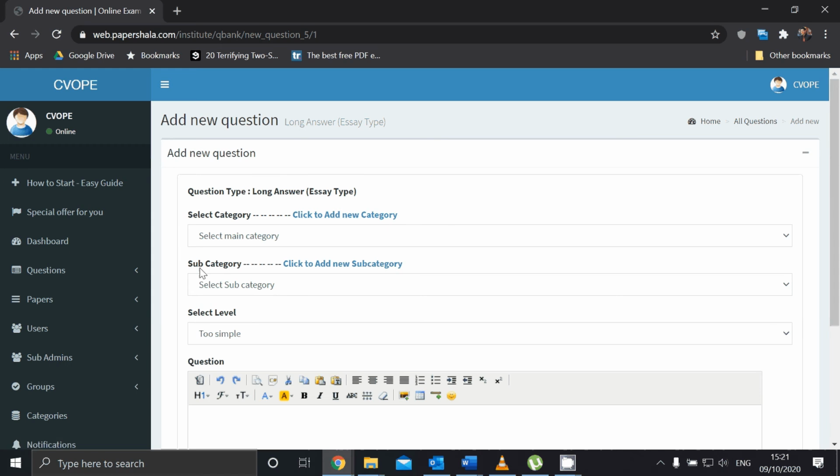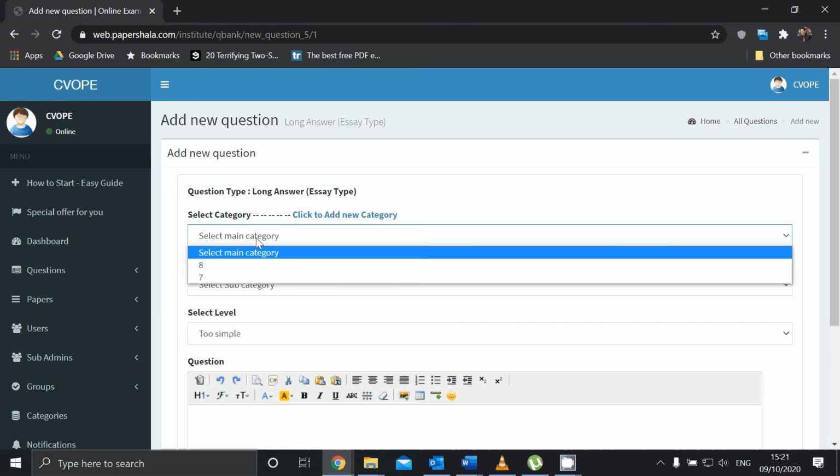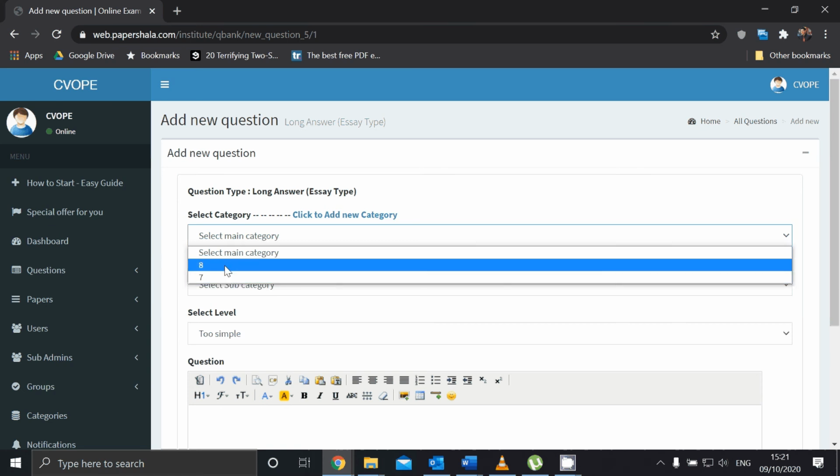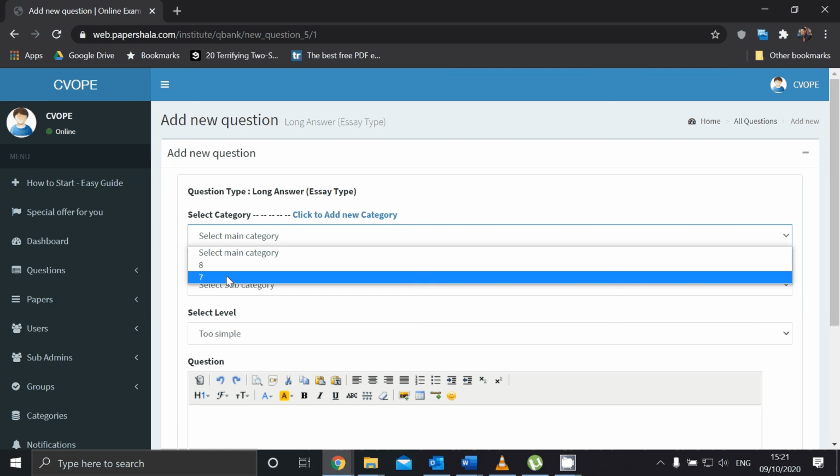Here, this is the important page. They'll ask you for category and subcategory here. Now category, as you can see, there is class 7 and 8 because this is the portal for class 7 and 8. Those teachers who are from class 6, if you just log in, you will only receive class 6 as the option. So I will give you the appropriate login links.